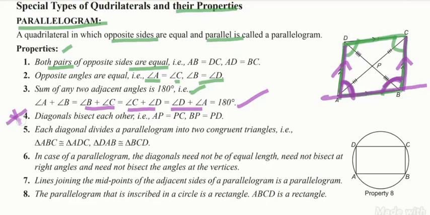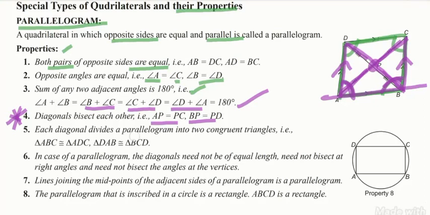Super important point. Diagonals bisect each other means, suppose the diagonals AC and BD meet at P, then AP is equal to PC, and BP is equal to PD. So next point,